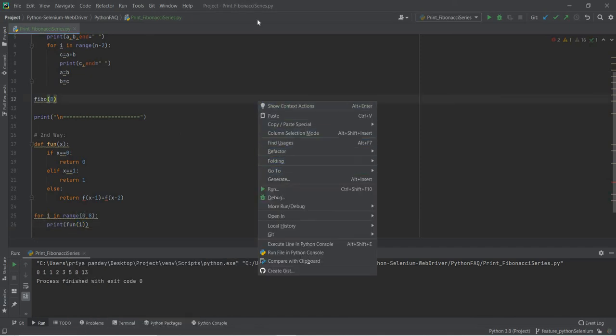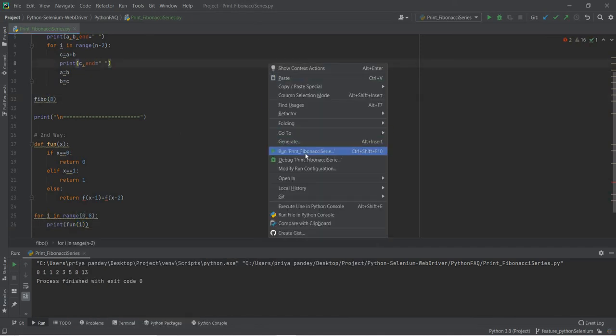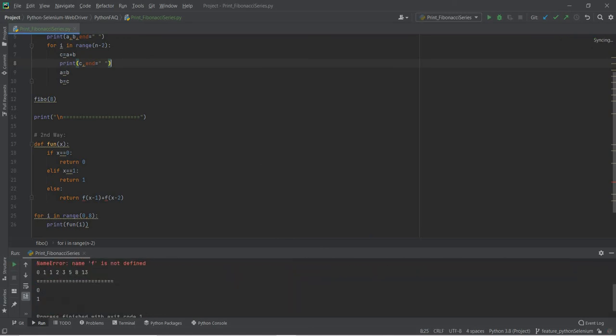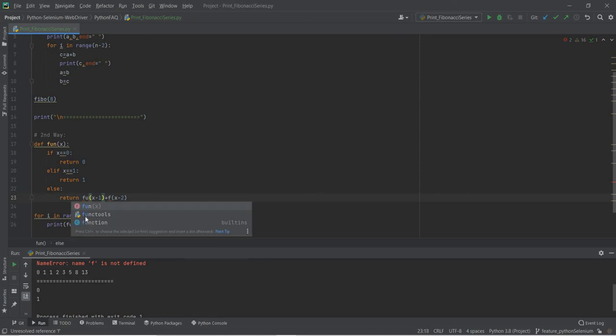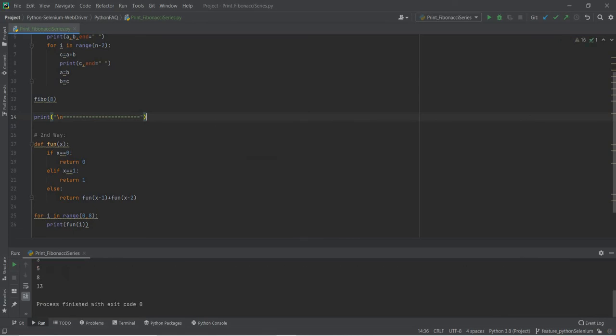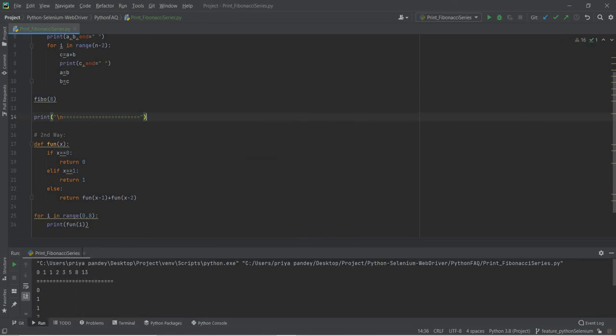It will produce the same result, because both functions should produce the same output. Error: f is not defined. Okay, sorry, f is not defined means it should be fun. Fun, and then again fun.